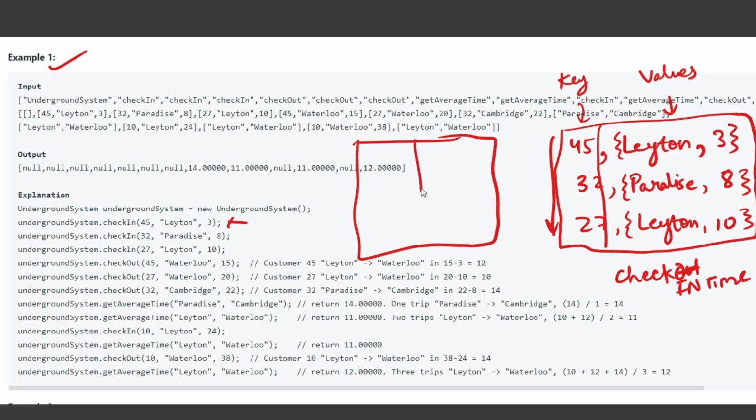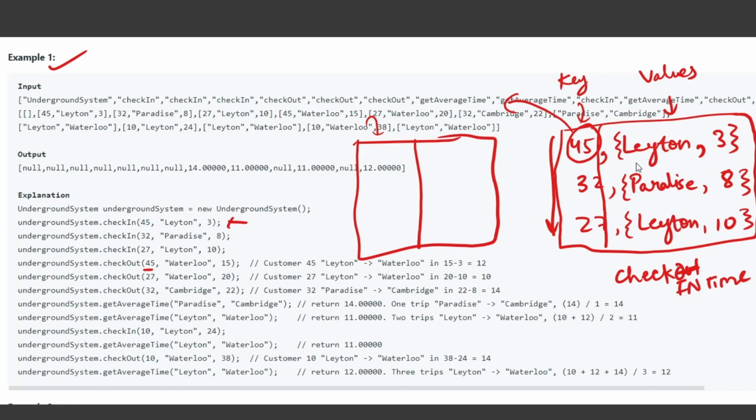Now I have to create one more hash map. See, this is 45. Right now there is no such key here. So first of all, we find 45 from this table.